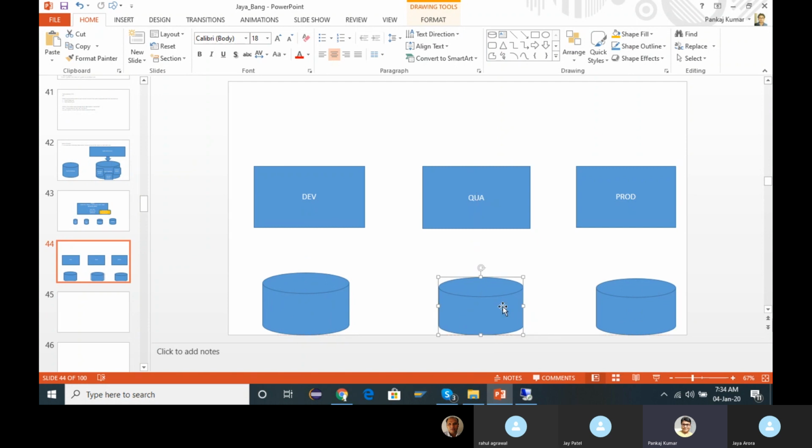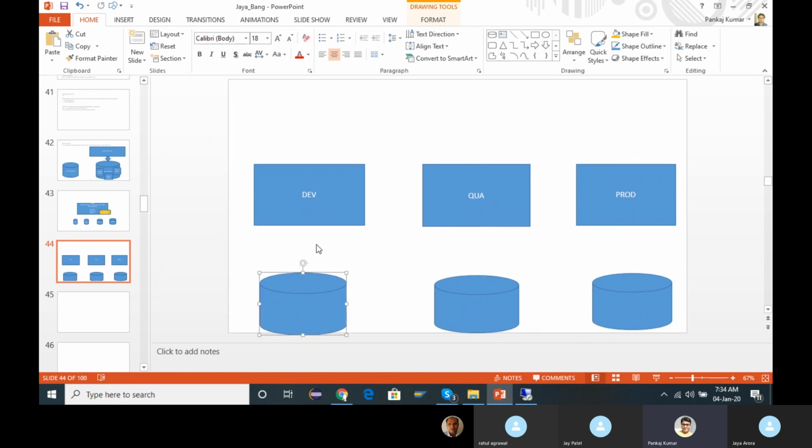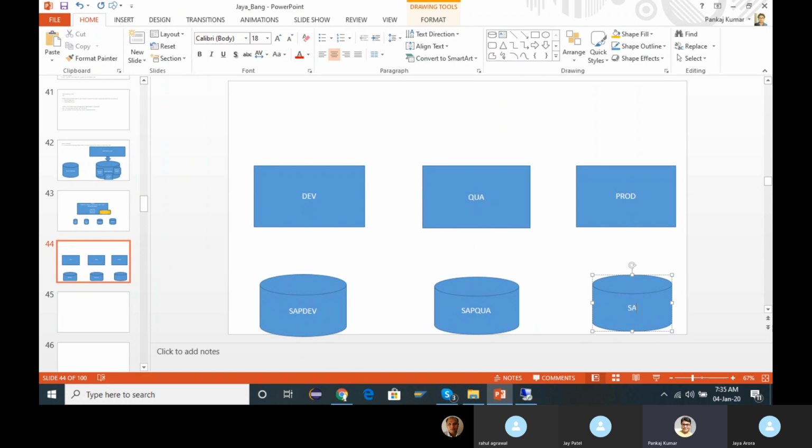At least if your database is not different, your schema must be different. Let's consider a scenario where the database is different. For the development system, your schema will by default be something like SAP dev, here your schema will be SAP quality, and here your schema will be SAP prod.